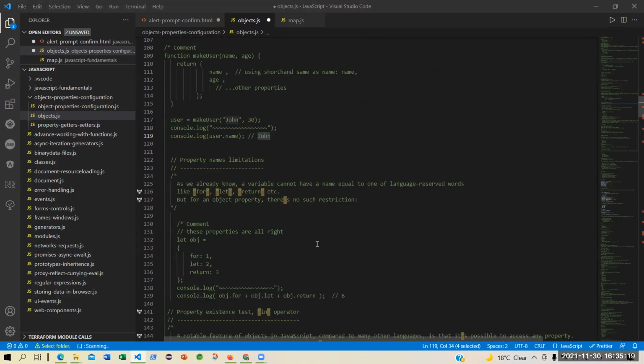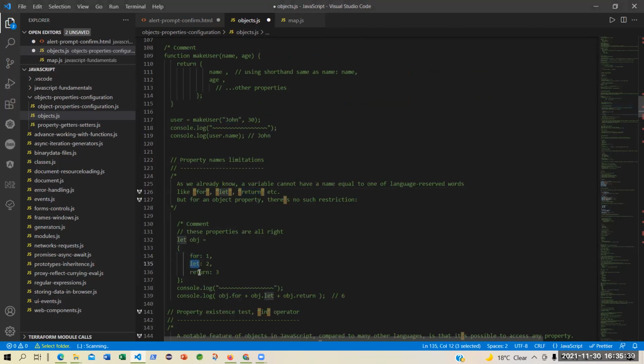Then we have also seen that property names have limitations in other languages, like for, let, return. These are the keywords, the reserved words in any language. But still, in a JavaScript object, you can still use them.